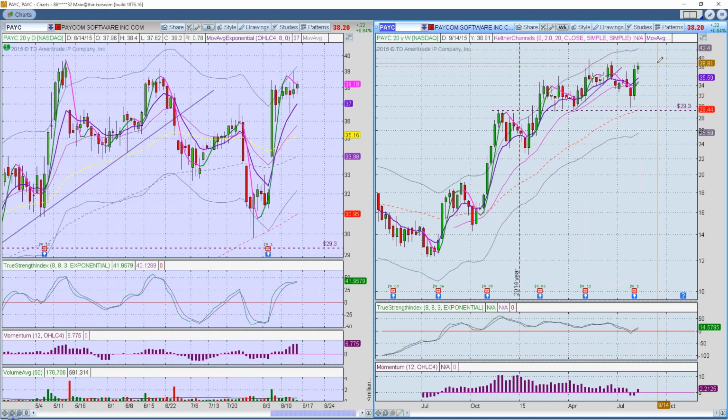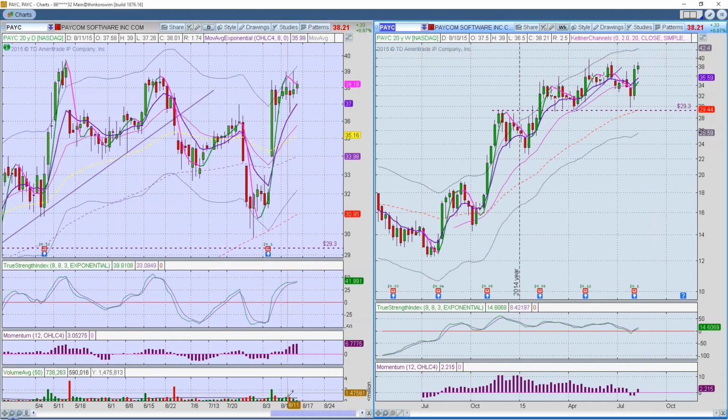What we may see with Paycom is either a continued lateral consolidation where it bounces back and forth between right down here at 30 and 39, but that's a nice little $8 to $10 move, so you need to be aware of that. And at this particular point, it wouldn't be a buy until it breaks out above the 39.17, 39.20 level, or even the 39.81. That would be a potential buy to move higher.